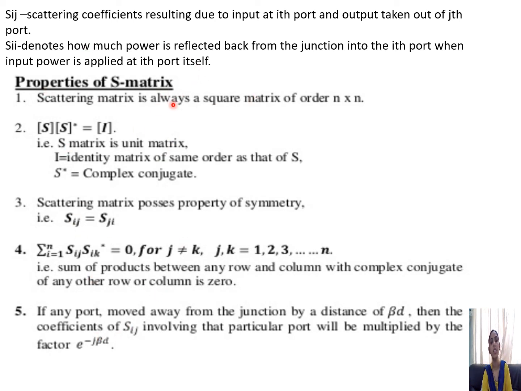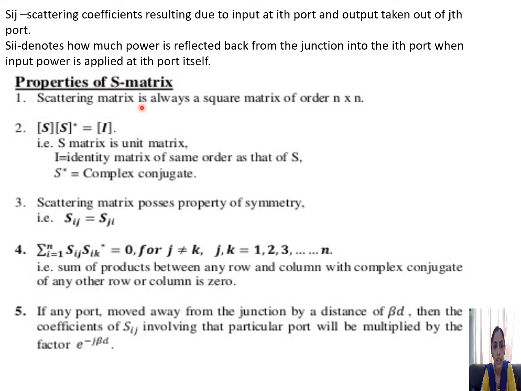In this section, we have seen about the different types of microwave hybrid circuits. Now, when we are studying these hybrid circuits, we have to derive the S matrix of each and every device. For deriving the S matrix, first of all, we should know about the general properties of the S matrix. So, we have seen how we have expressed our scattering coefficients S in the form of matrix, that is, B is equal to S into A. So, we will see the properties of S matrix.